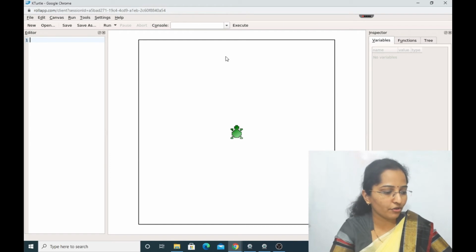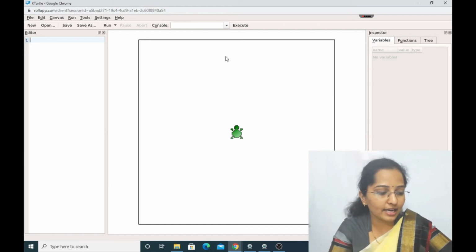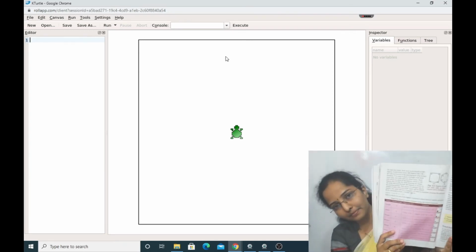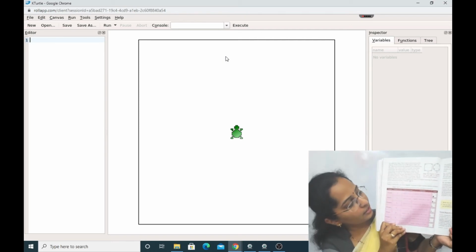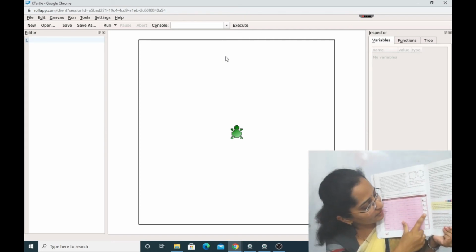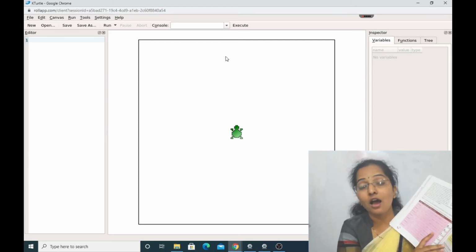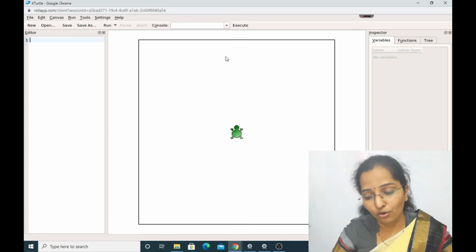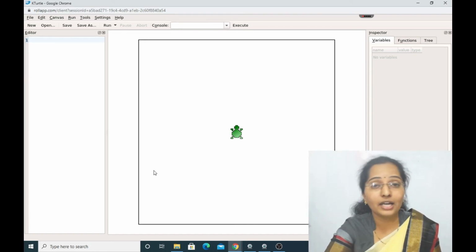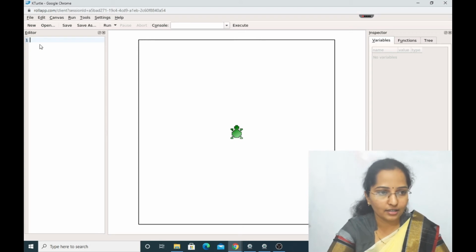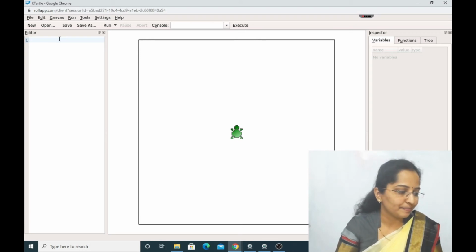On page number 54, they have given more than 5 to 6 commands and they have executed them in your textbook, which you can see here. Yes, these are all the commands with their output shapes. Please try them at home on your personal PCs. How to launch KTurtle in Google Chrome directly, if you want, I'll explain once again. Please try all these. And we'll see now how to draw a square using the repeat command.